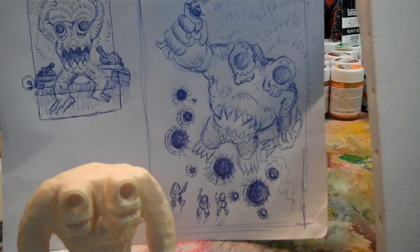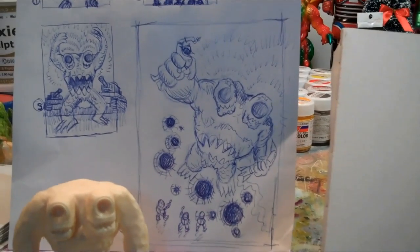And so let's see, let's get started here. Kind of find the center point here, and I'm just going to rough in where the figure is going to fall. And I'm just making light reference marks here based on the sketch, and so I keep looking back and forth at what I've got there, and sort of rough in the perspective here. Let's see. So I've got this kind of crazy